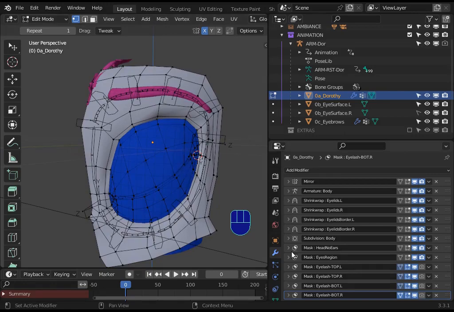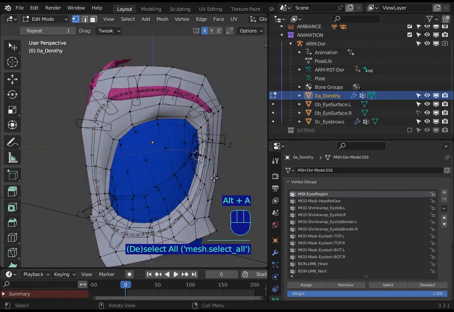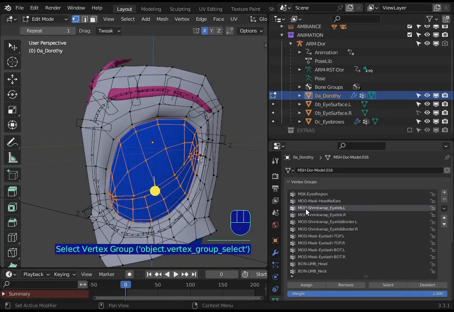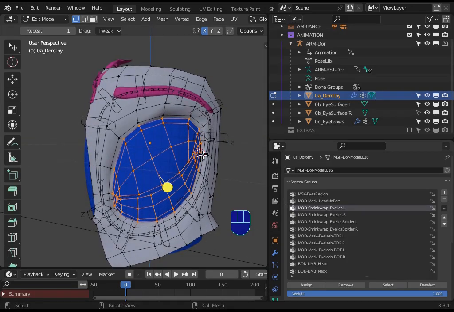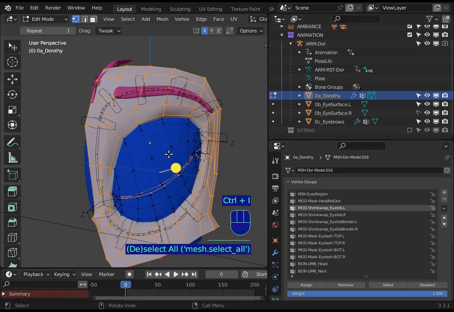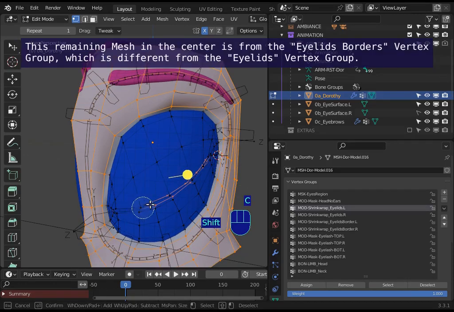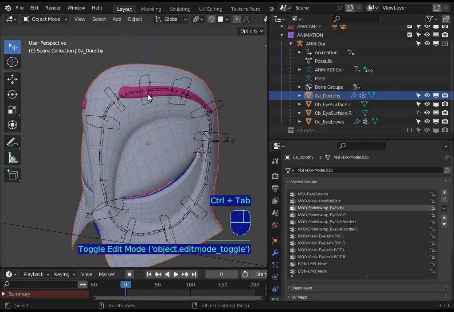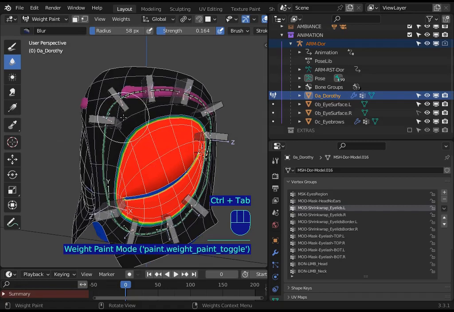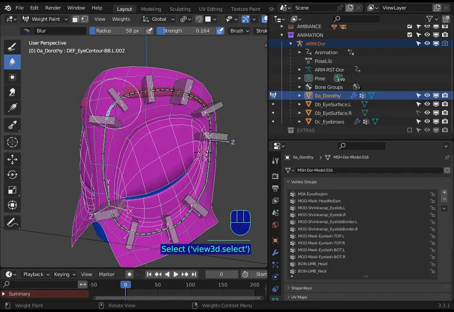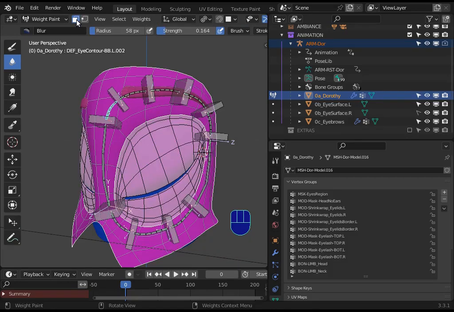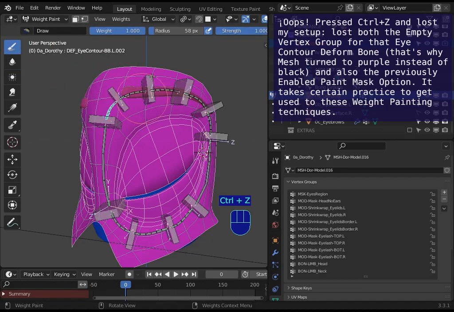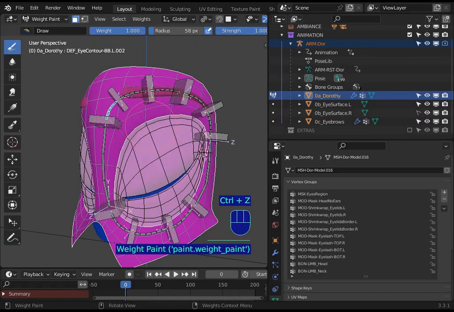Don't worry about that. Then I have here this thing, but more than that, I want to have the eyelids mesh. I can select from this modifier vertex group, doesn't matter. Then I invert this selection. Actually, no, I don't want this. So I go back on object mode, go on wave paint mode, and now if I select a bone and I enable paint mask option, then I can paint only on this, actually on this region,